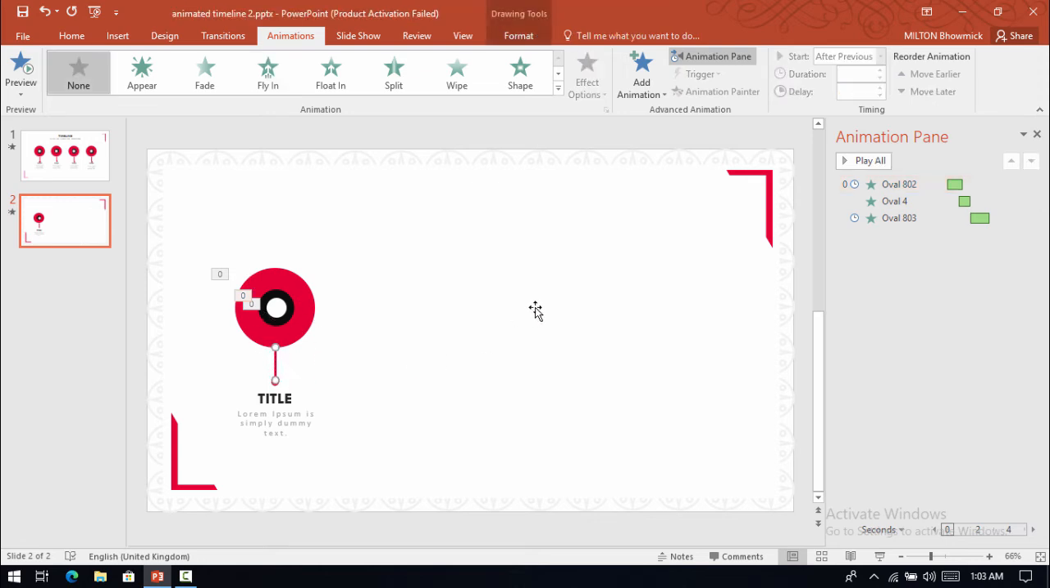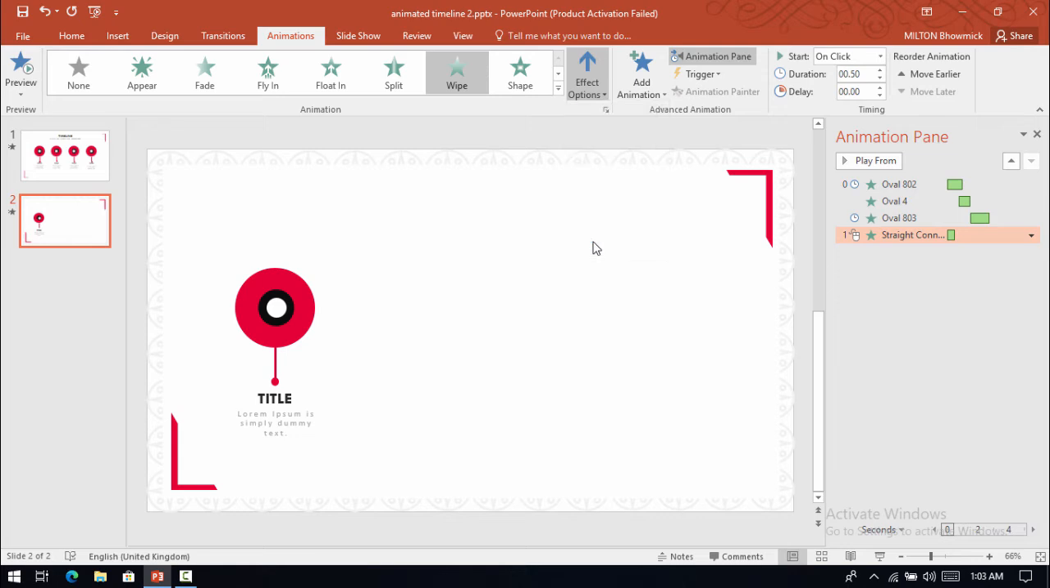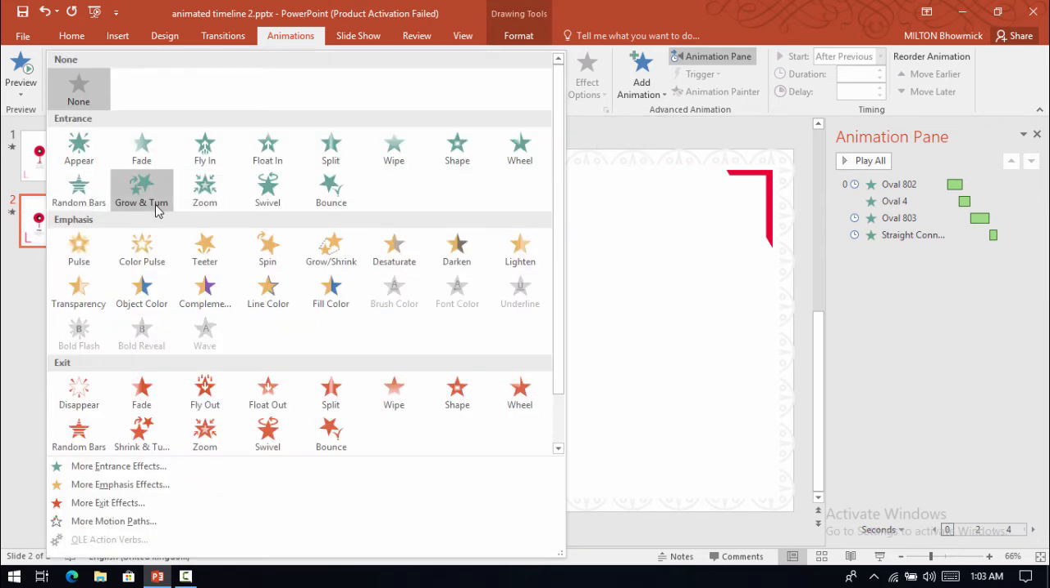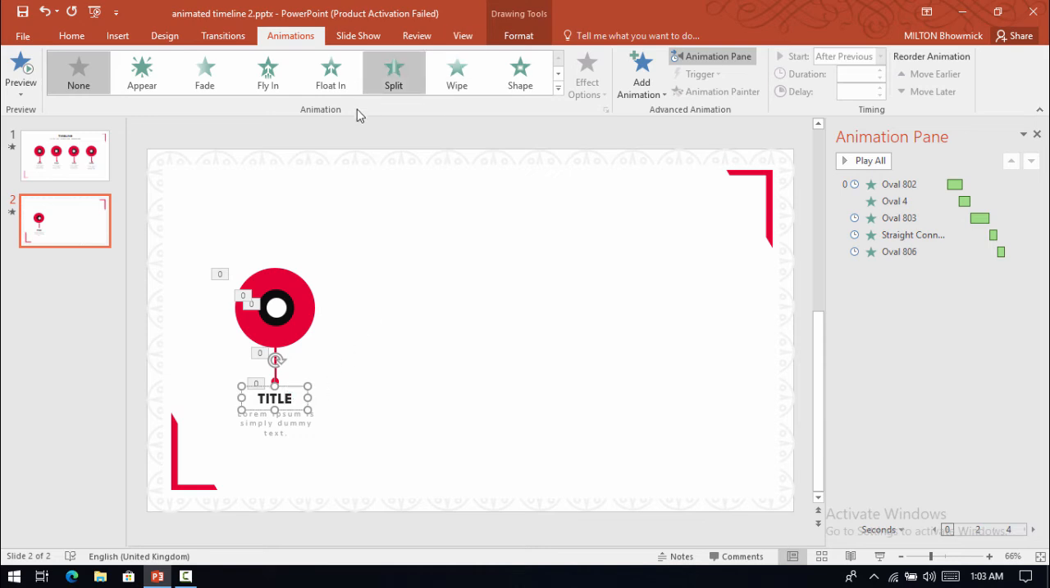We will select now this line, select this wipe animation, make it from top, make it after previous. Then select this smaller circle shape, make the animation of this smaller circle shape zoom, make it after previous, and both of this line and smaller circle shape's animation duration is 0.50. Then select this title shape,